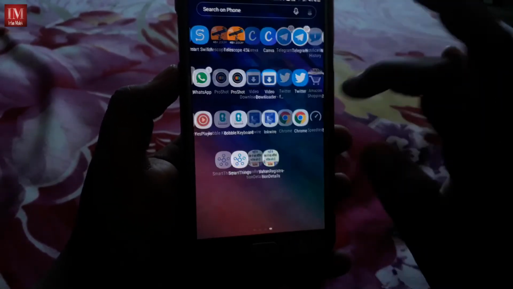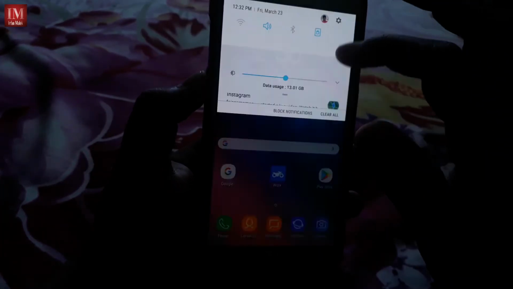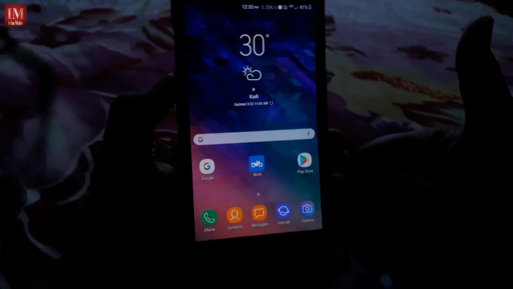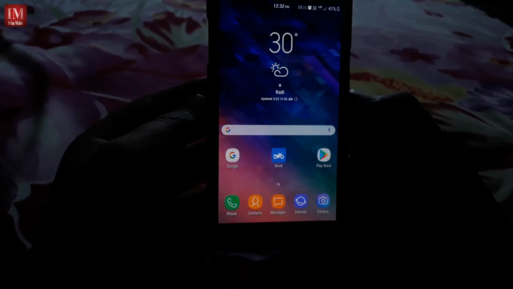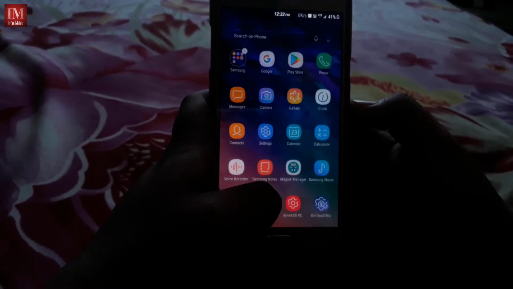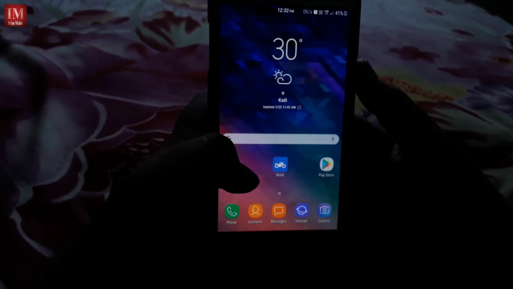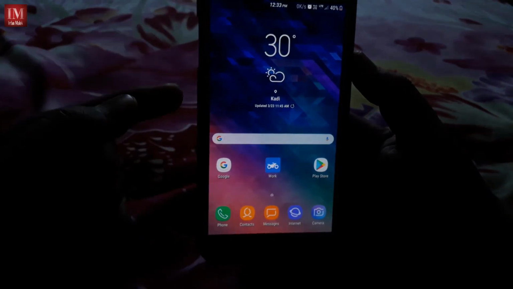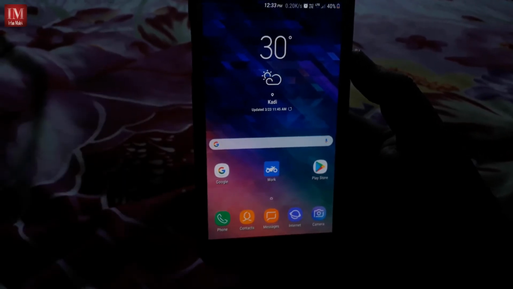Battery backup is a lot more important, and it is beautifully optimized, and all the features work fine in this ROM. Okay, so I'll give a thumbs up to this ROM. It is a no bug ROM. Really, it is a no bug ROM. I'd prefer you to download and install this ROM. The download link of this ROM is given in the description box below.